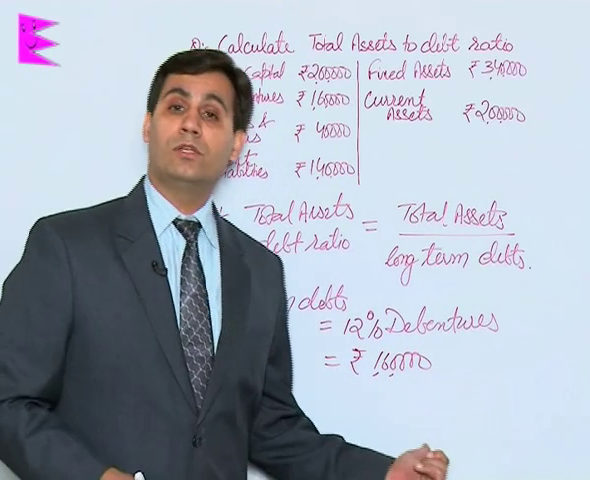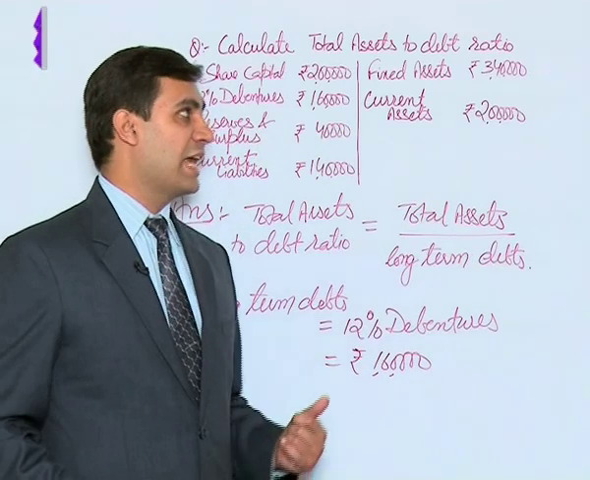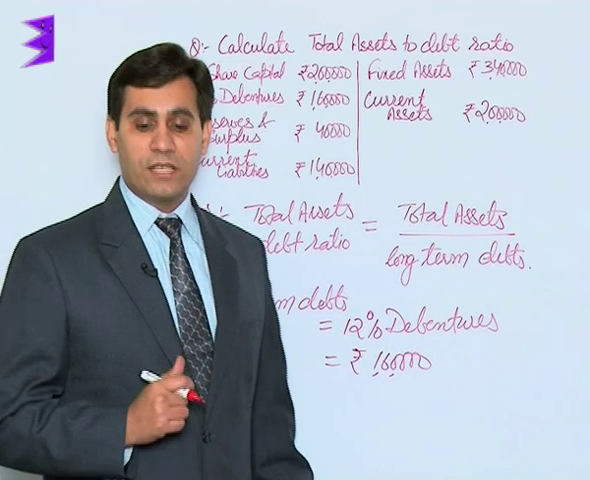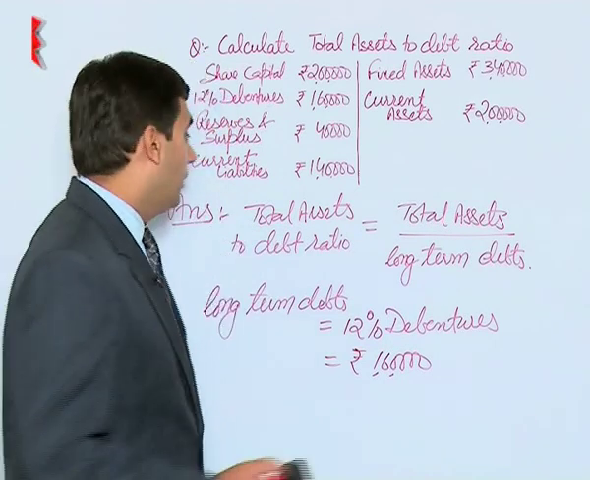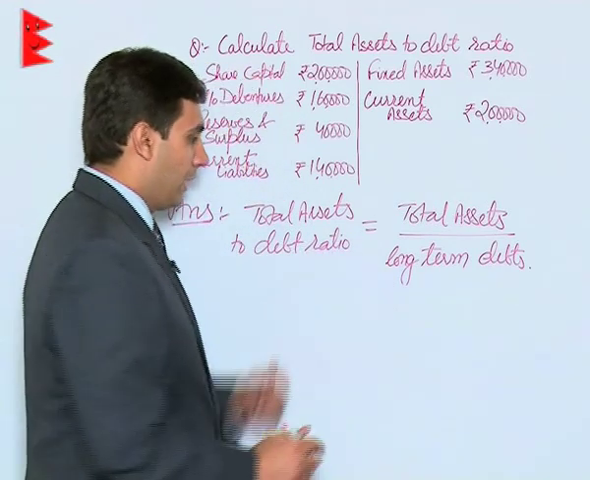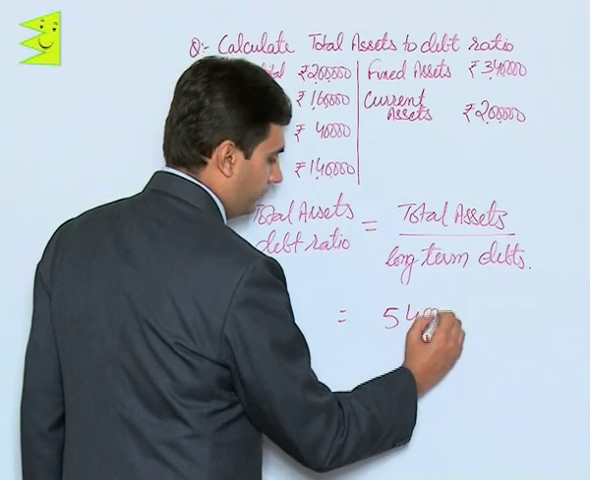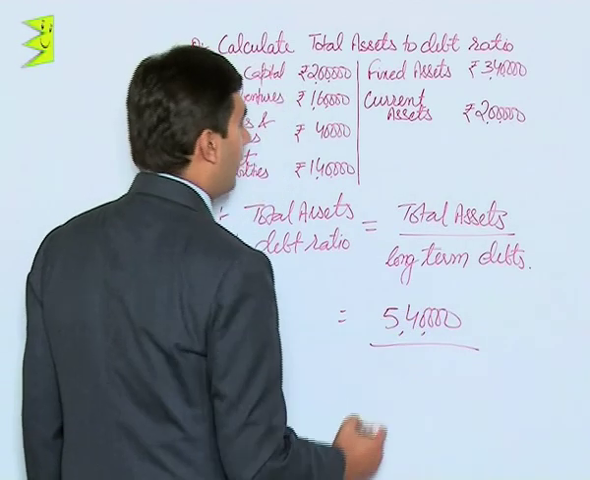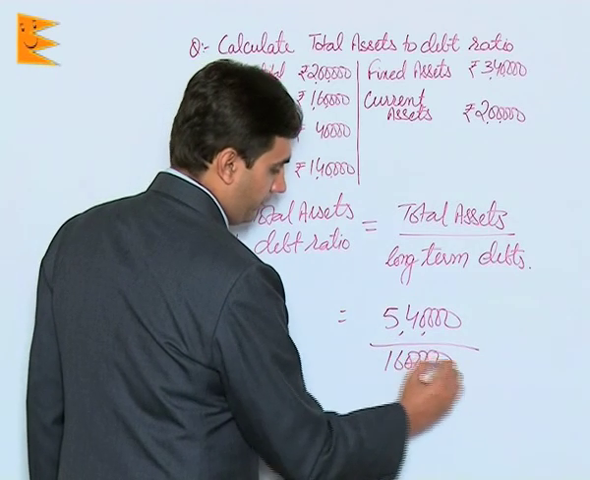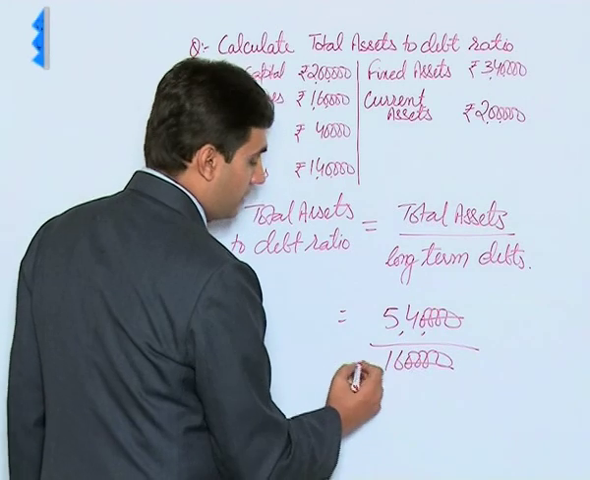So now students, we have both the values. Long-term debts are equal to 1,60,000 and total assets that we had just calculated were 5,40,000. Let us use these to calculate the total assets to debt ratio. So substituting in this formula, total assets were 5,40,000 and long-term debts are 1,60,000. On dividing them, what we'll have is